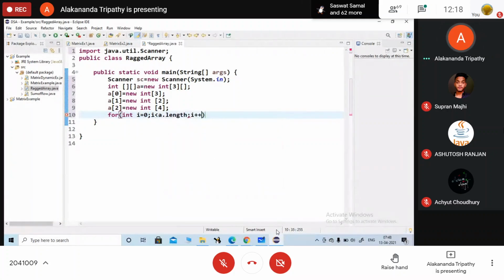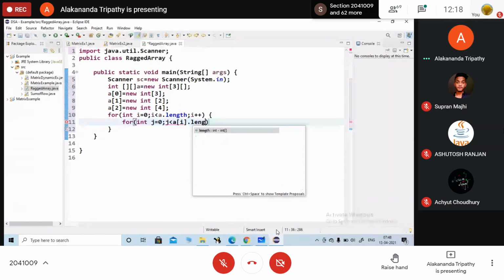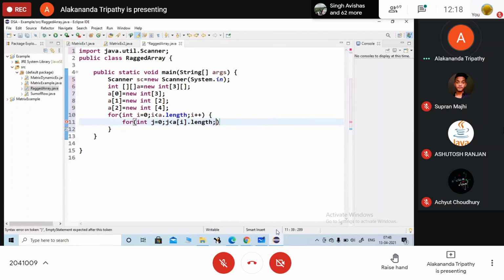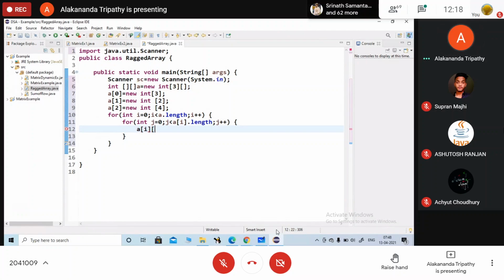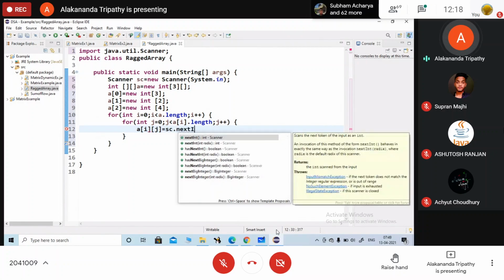A dot length I plus plus, and here for the j part int j is equals to 0, j is less than a of I dot length. a of I j equals to sc dot next int.